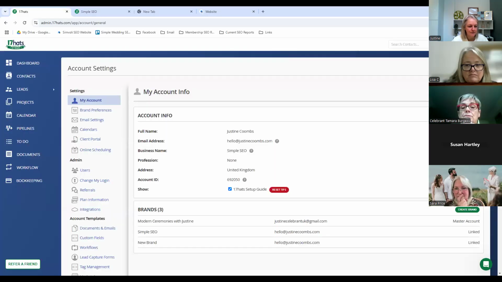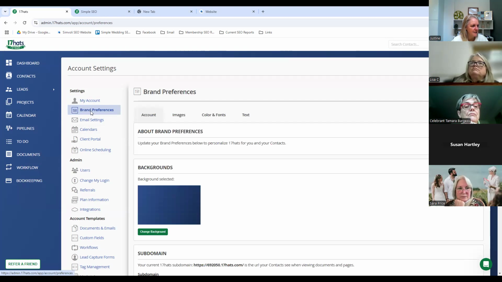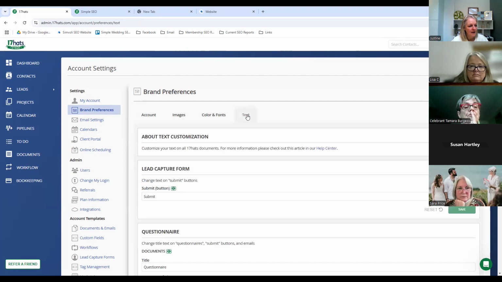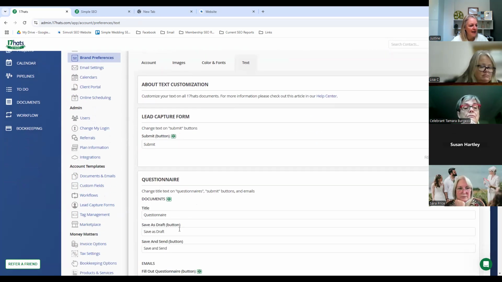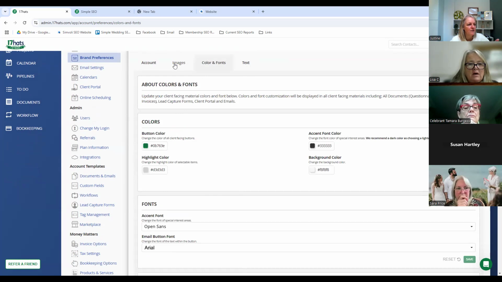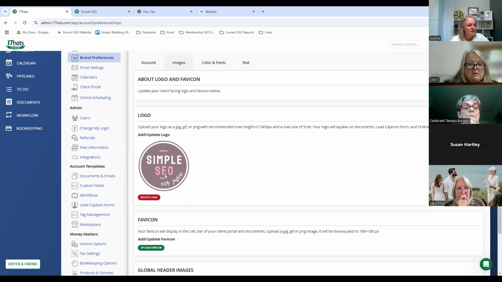So on settings, right up on the top section here on my accounts, you've got your brand preferences. Then across here, you've got tabs. So you can change the words that people use. Submit is the standard. If you want to change it to something else, you can. You can also change your color and fonts, but here's where you can upload a logo